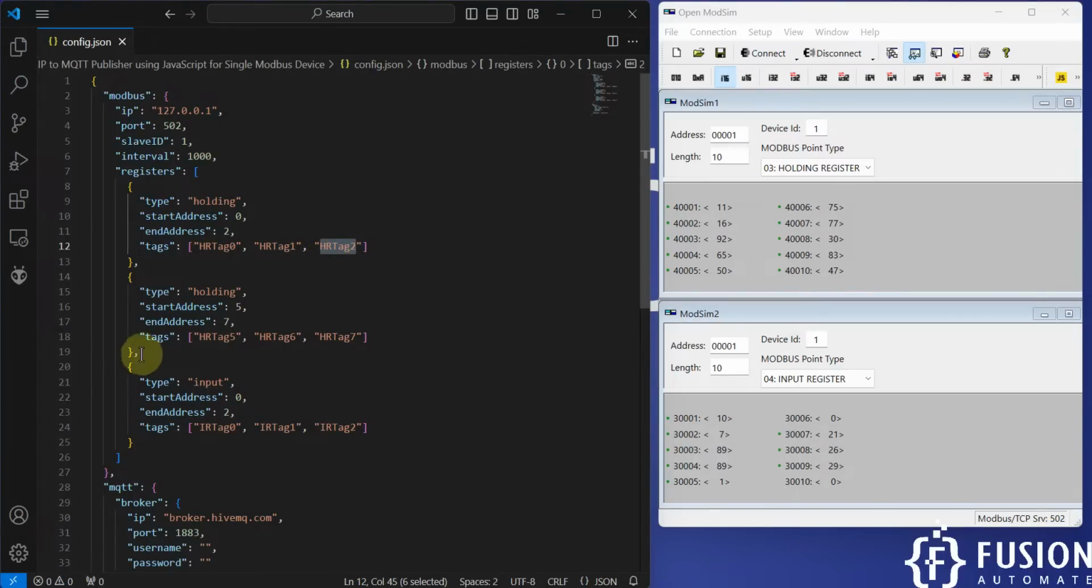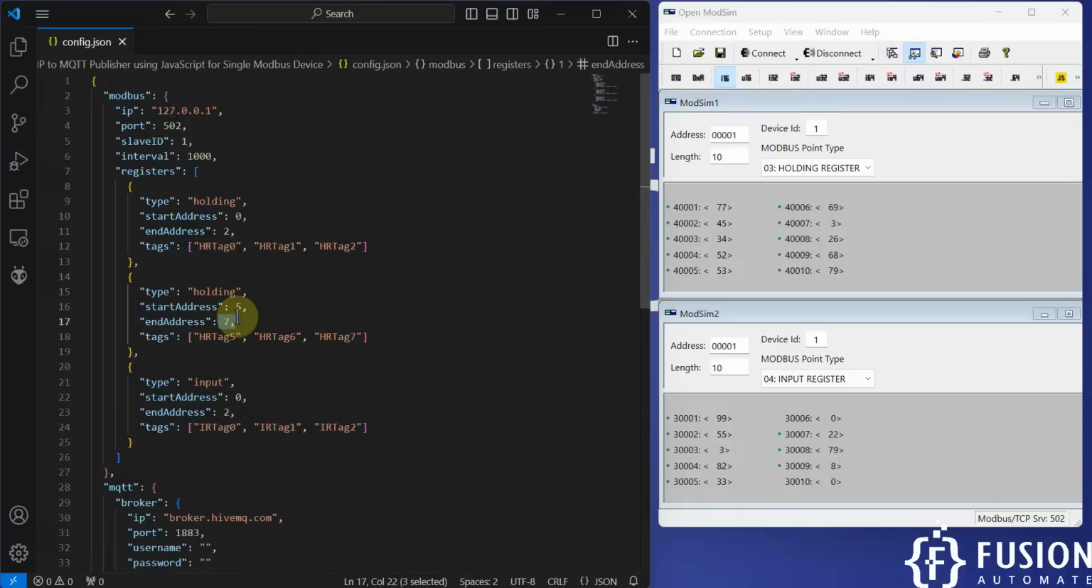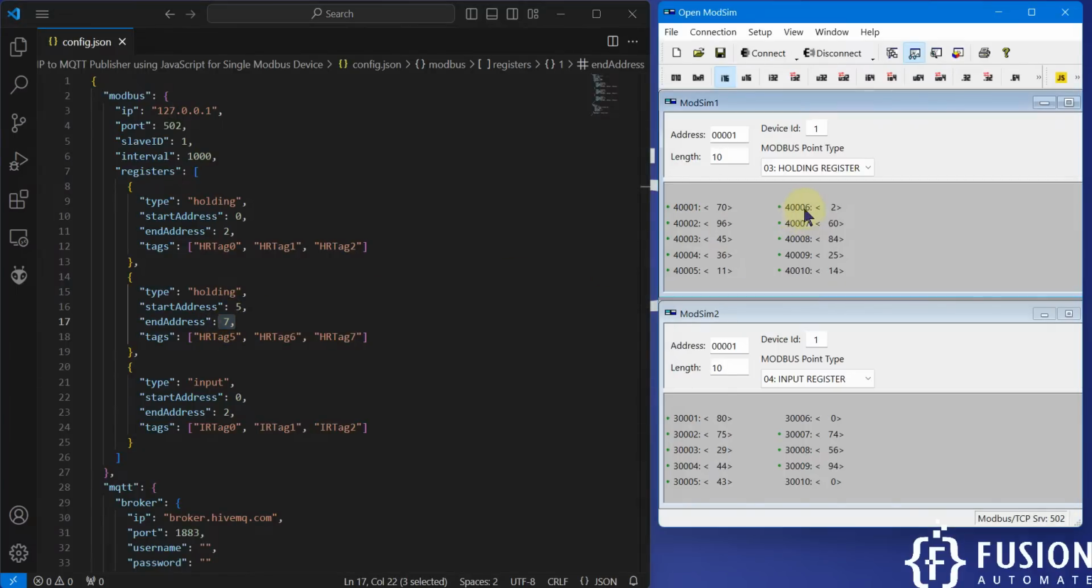And the second set we want to read is again holding register, but with the starting address of 5. Okay, so this is the starting address 5, and we want to read a total of 3 addresses. Okay, 5, 6, 7. So it will read 40,006, 40,007, and 40,008, and it will publish the data to the MQTT